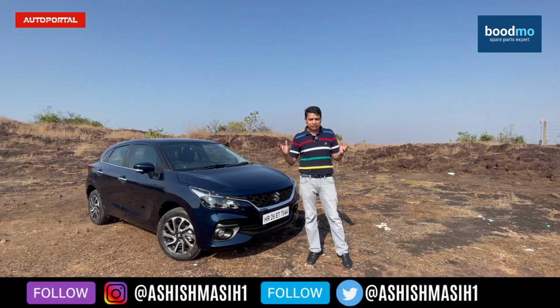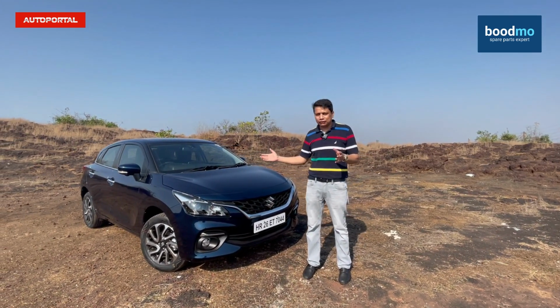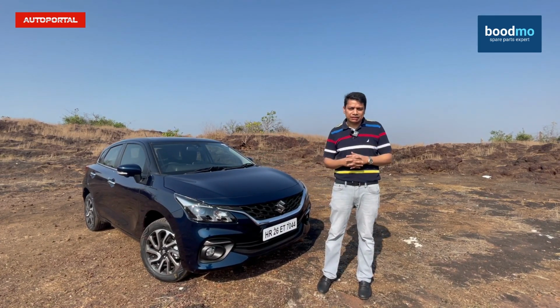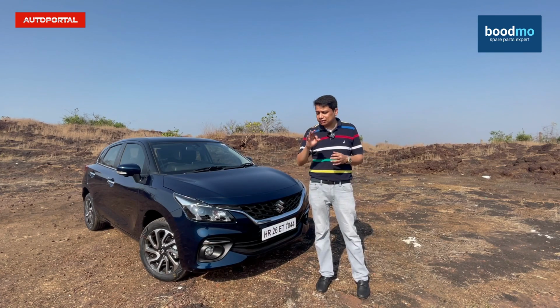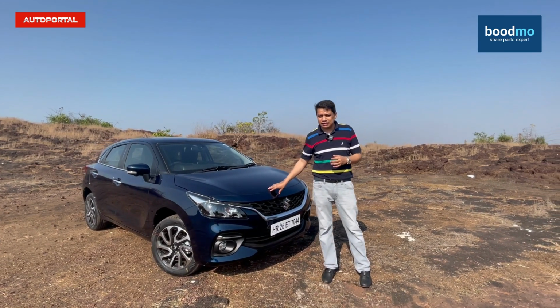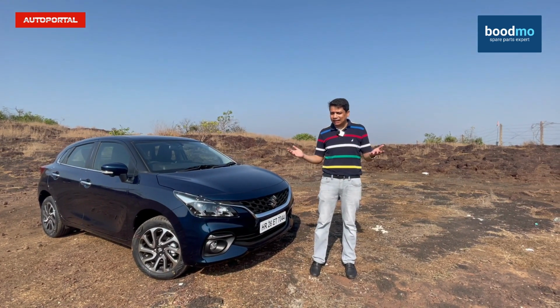course has been safety for a long time, because a lot of you in the comments write about the safety of the Baleno. But that said, this car is one of the best sellers in the Maruti range, and Maruti says that every 3 minutes one new Baleno is sold, which makes it one of the best selling cars in India. It was also the fastest car ever to reach 1 million sales, and that's not without